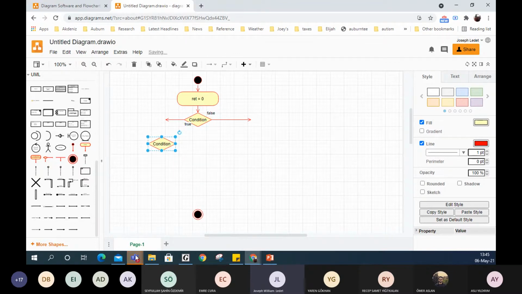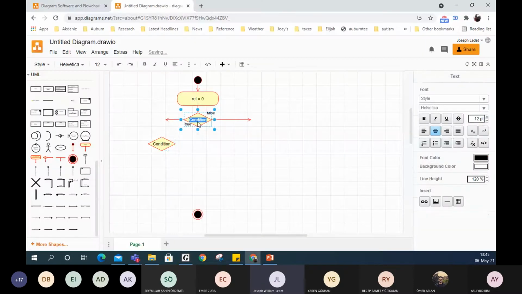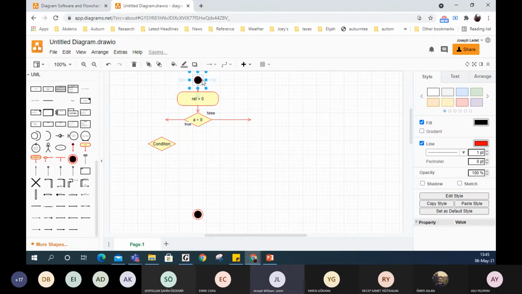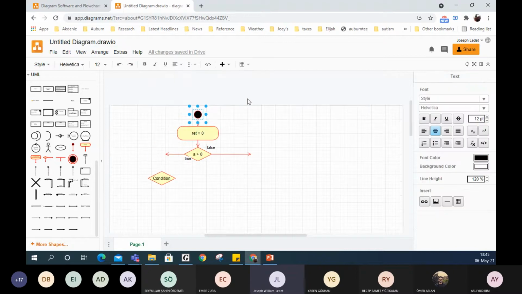One other thing I forgot to do here is that first condition, a is greater than 0. We can put that into here. And here we might say, as part of our start points, we could pass